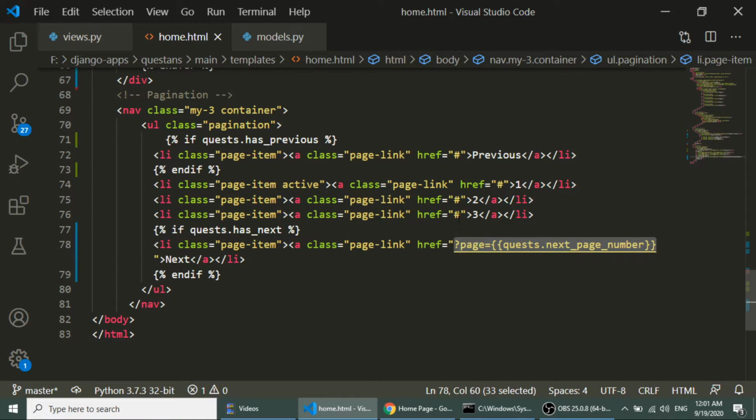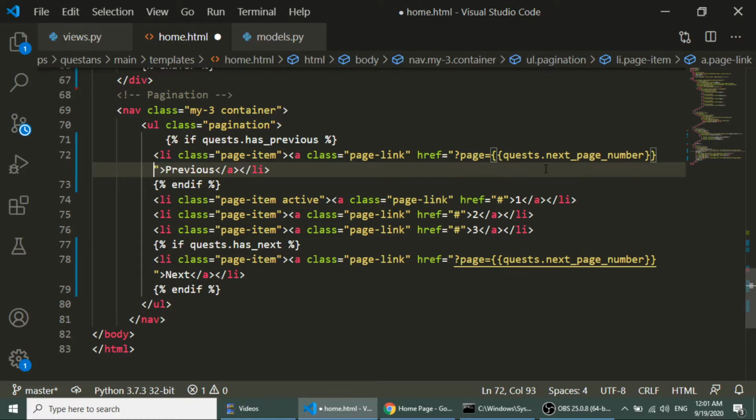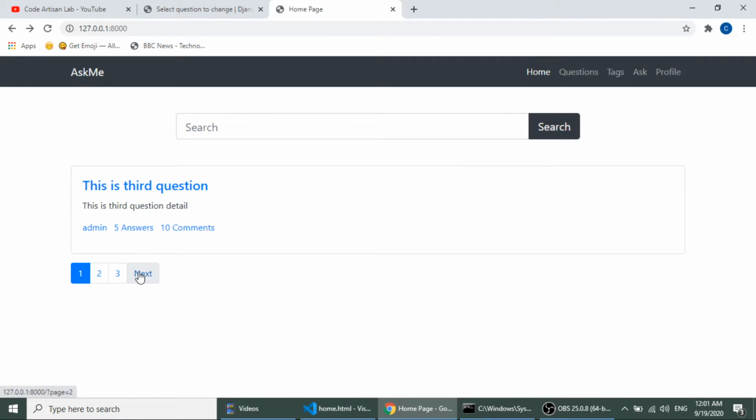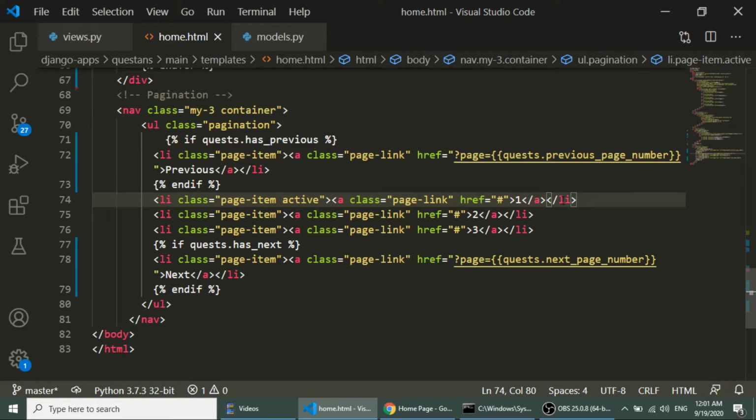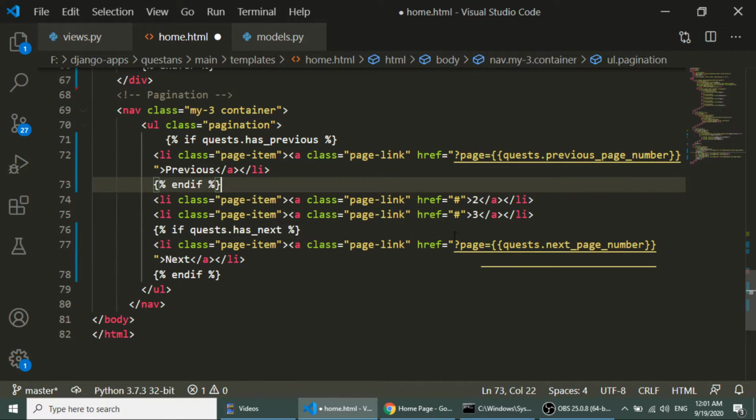And the same thing for previous, but the difference is we will add previous here. So now we can go to the next page. Here you can see we see the next link, and now we will show the 1 2 3 number links here.